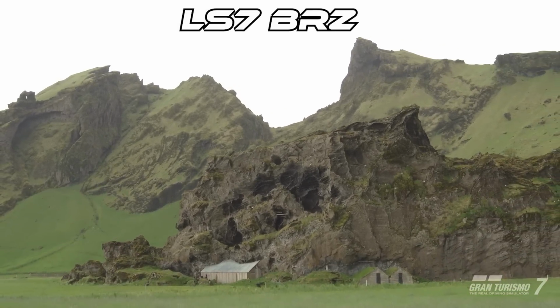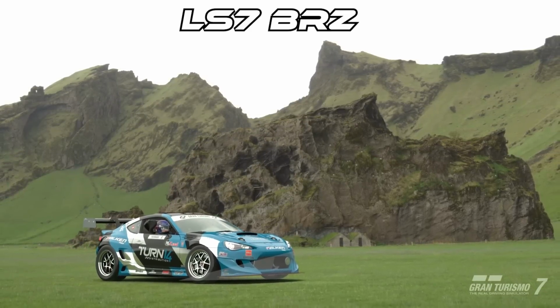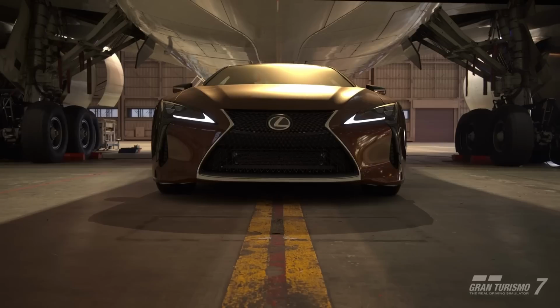That is going to be the only engine swap for the Rampage as we move on next to the final two. These are going to be the LS7 BRZ swaps, obviously from the Subaru BRZ drift car. Overall, this is a pretty mental swap to begin with, and it can be very, very customizable. So the first one this is going to go into is that big old Lexus LC500, finally getting a swap,